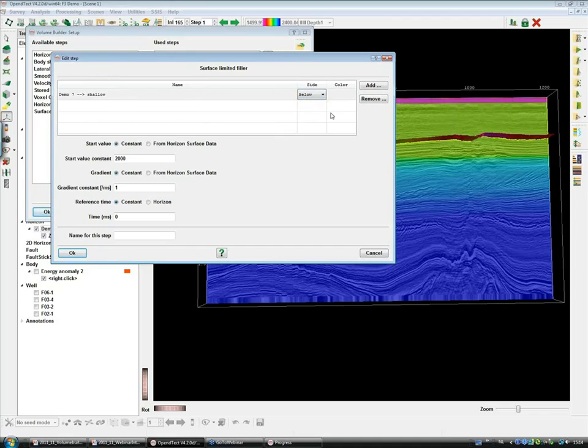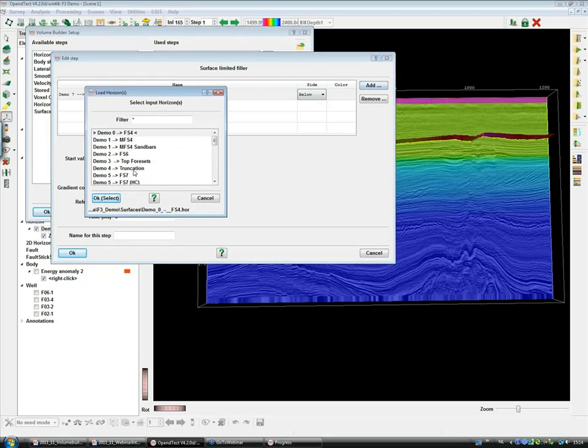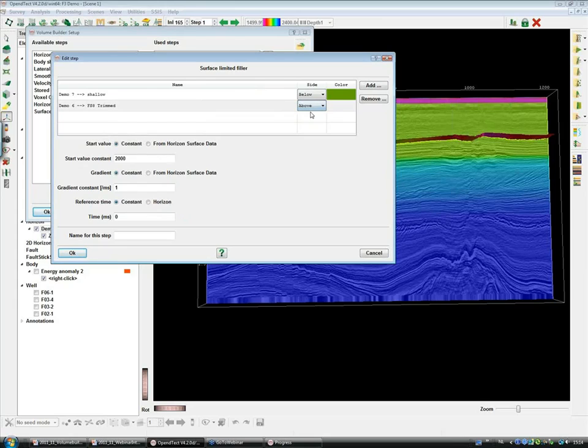If I have a lower boundary of my fill, for instance, I can go in and add a horizon further down and say I want it to be above. So you can put in as many limiting surfaces as you want to and say on which side it should fill. And based on that, it's like an AND statement. It has to be below the shallow horizon, and it has to be above the